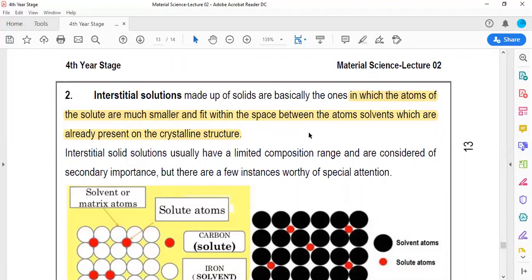I repeat, you're just inserting small particles between larger particles, which are the solvent, of course. In this case, we're not substituting an element by another element with similar size as we saw with substitutional. In this case, it is inserting. That's why they call it interstitial solutions. So I repeat, in which the atoms of the solute are much smaller,